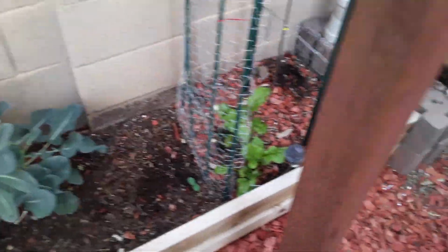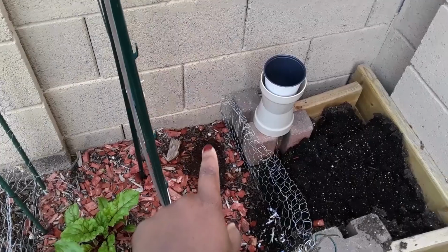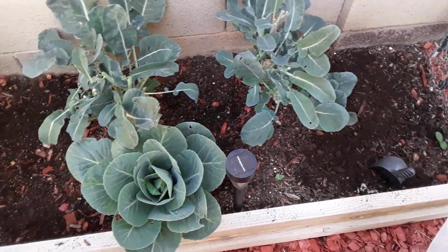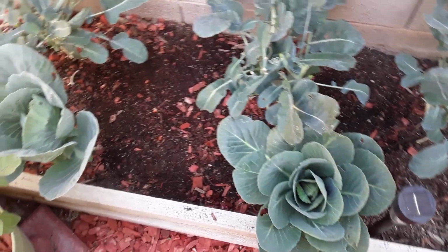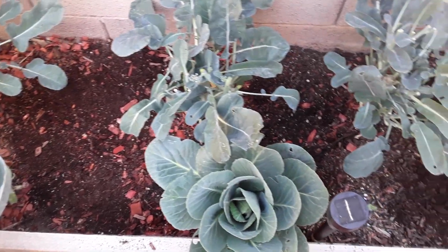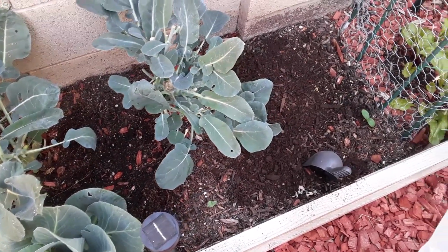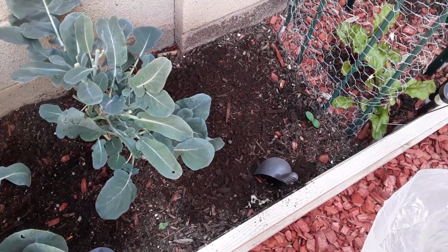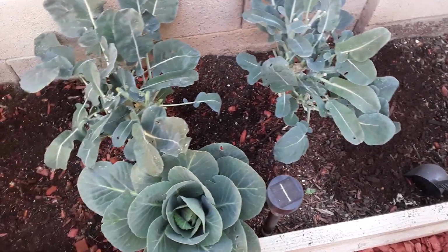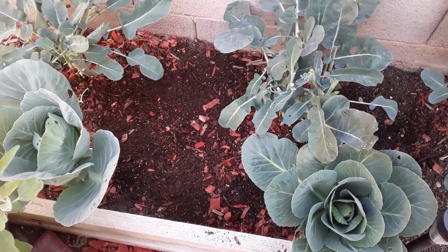Oh, and then over here I did pull up the thyme plant because that thyme is going to be dried. Stop real quick to show you. I just took up the first layer of wood chips. My worms are doing really good with keeping the soil really loose. So the last thing I want to do is get in there and start digging a bunch and then stabbing them. So I just take up the top layer of wood chips because yes, here in Arizona we get wood